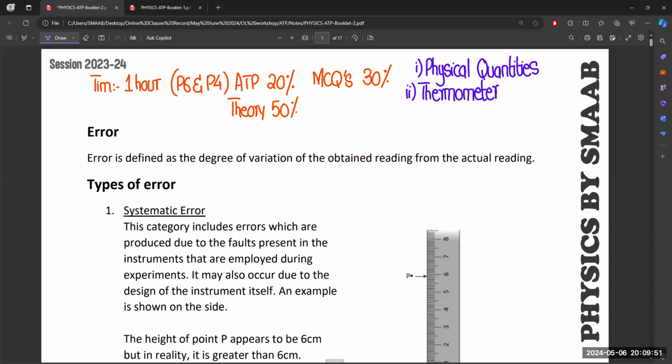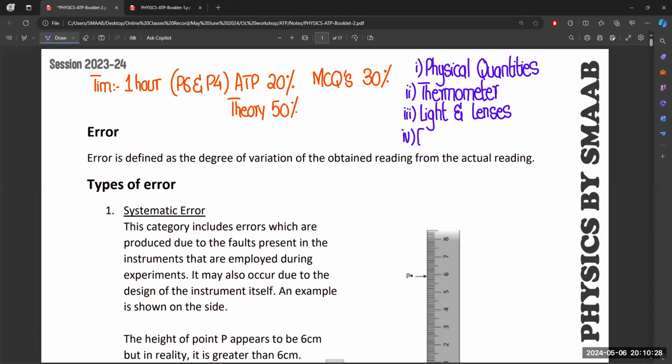It is actually related to the practical experiment that is going to be done in your question, or the situation is given in your question. So you have to find the answer according to that. You don't need to answer with respect to the theoretical idea behind the whole experiment. And after thermometer, the most important are light and lenses, reflection, refraction. So these topics are included also, plus